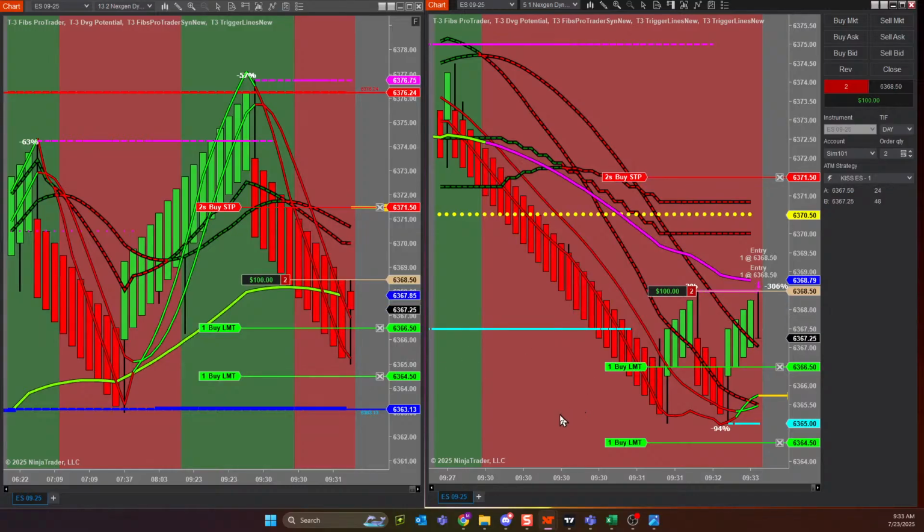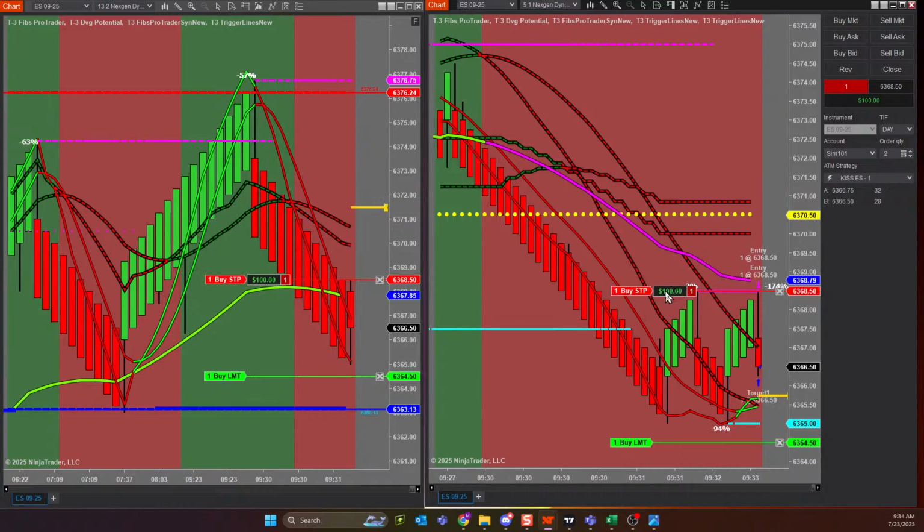Guys, I've done all I can do. This is the management from the KISS plan. If I enter at the area inside of triggers, then my stop goes where the market should not. It doesn't guarantee a winner. If I reach my first target, I now go break even. There's $100 in the bank. I have absolutely nothing to lose. And it either goes to my second target, which is $200 away from my amazing entry.